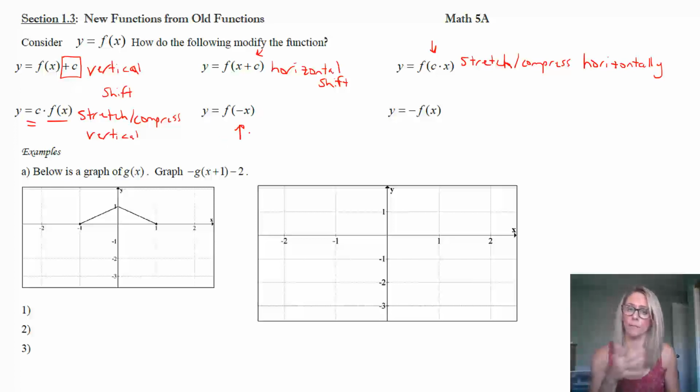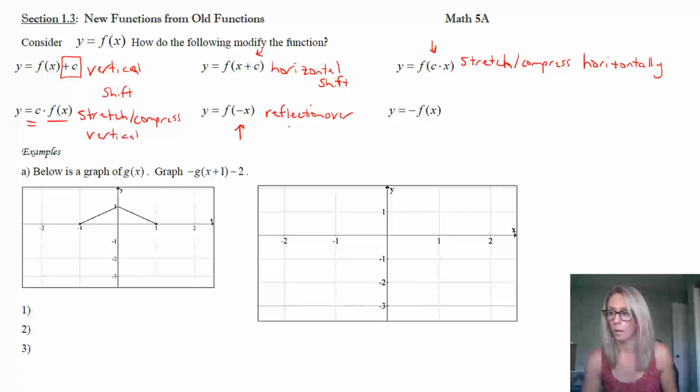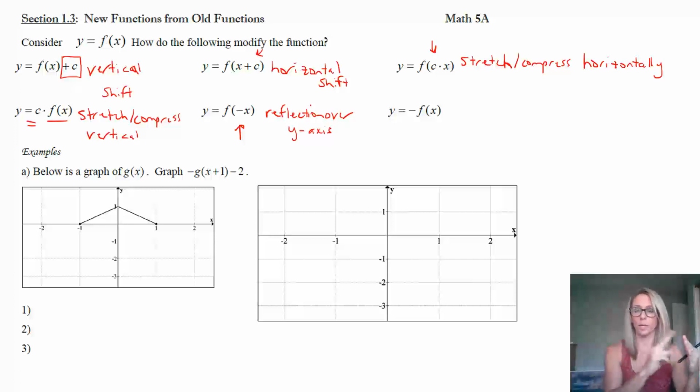When you put in a negative value, we kind of already saw this. It depends on what happens, but typically, if you just put in negative x to a function, it's taking every x value and making it negative. So what happens there is a reflection over the y-axis, okay? Because every x value that you put in is now the negative x value. So you're thinking about the fact that you have this x here, but you're actually finding the y value for this x, so it flips it over the y-axis.